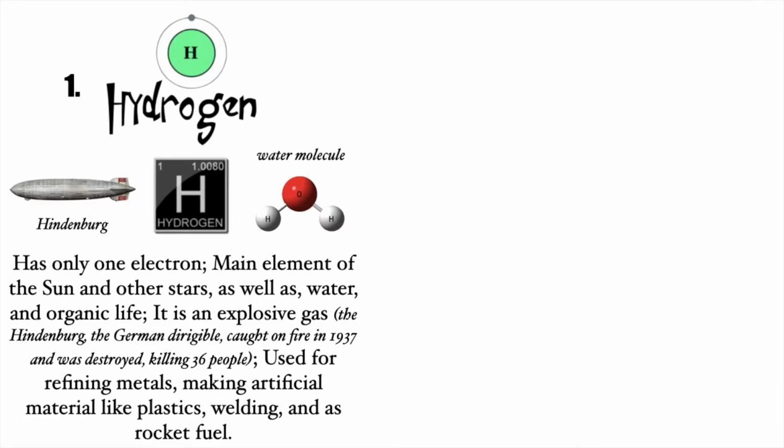Hydrogen has one electron. The sun and stars are primarily consisting of hydrogen and helium. It's an explosive gas. The Hindenburg is a famous dirigible that caught on fire when a spark ignited the highly flammable gas of hydrogen, killing many people on board. It's used for welding, making of plastics, and rocket fuel. It's also found in water, methane, sugar, many organic molecules, and it's one of the four main elements important for